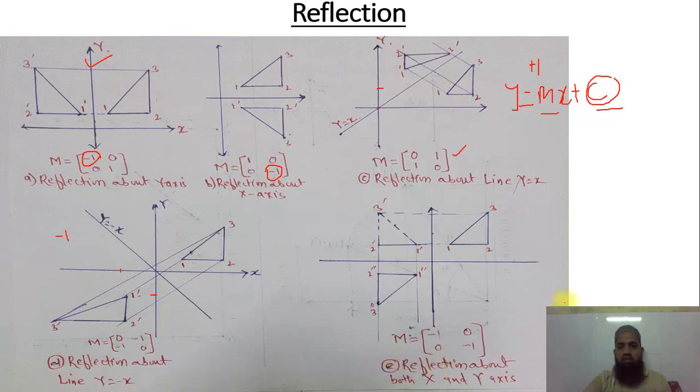In this case, first we reflect with respect to y, then it is also reflected with respect to x. In the usual way we get the matrix for this type of question, but here both entries are negative, with minus 1 first and minus 1. You have to note down all these matrices so that you remember them at the time of the exam. Many times they ask this kind of question.